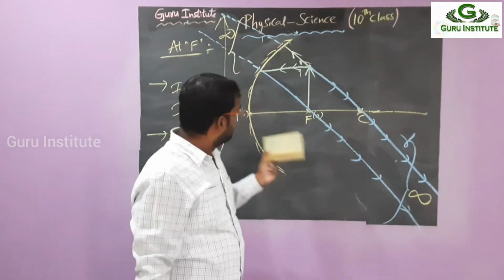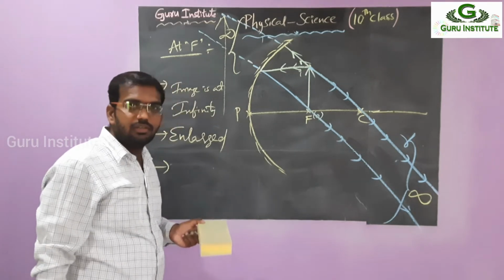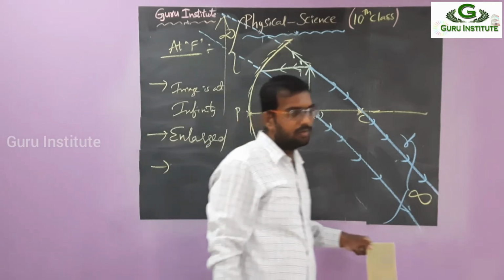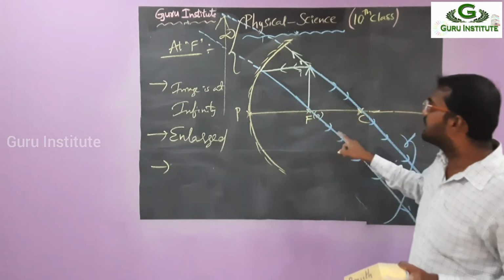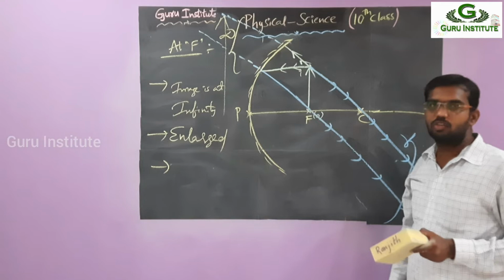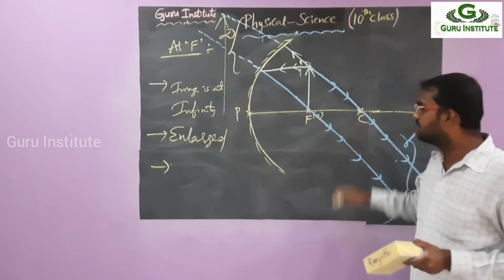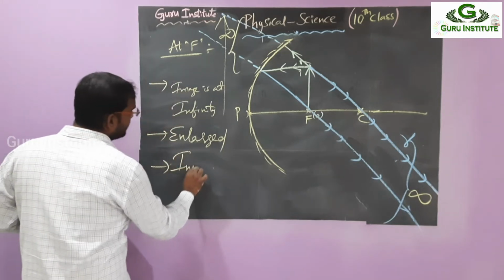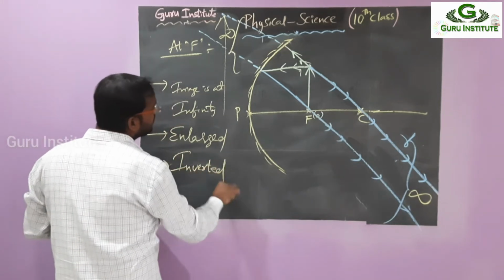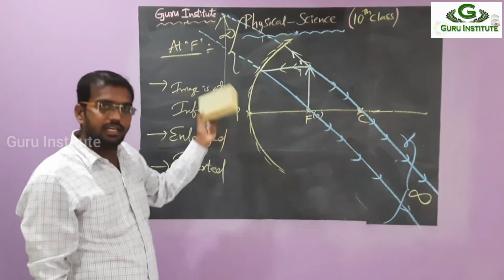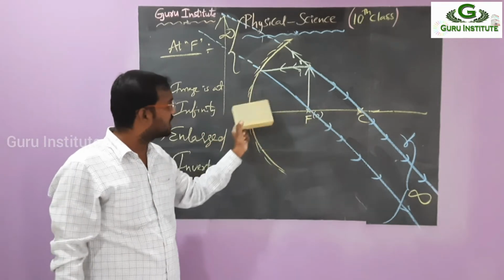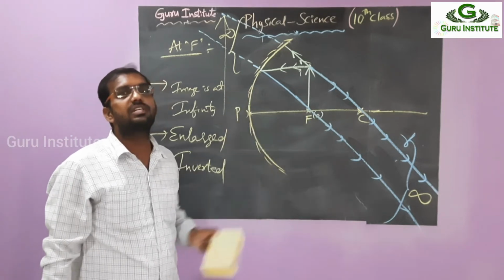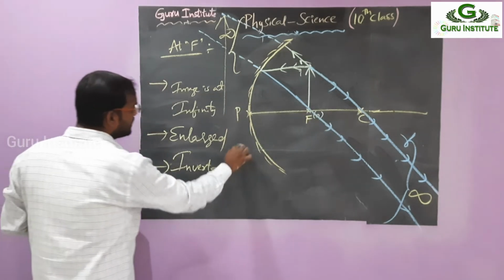So it is a concave mirror. That's why both are applicable. Erect is applicable and inverted is also applicable. But because it is a concave mirror, in the concave mirror we always take that the rays meet directly. So that's why here also we can take the inverted image. Both should be possible, erect and inverted. But what is the nature of the concave mirror? It forms the inverted image. So that's why it is an inverted image.